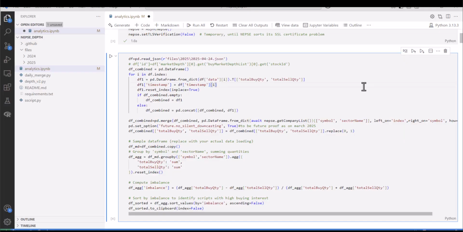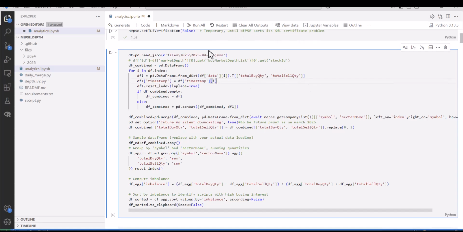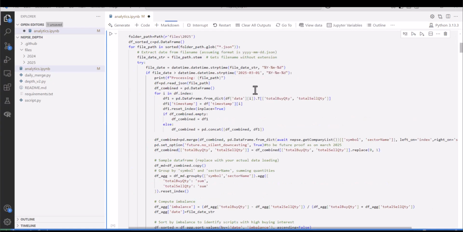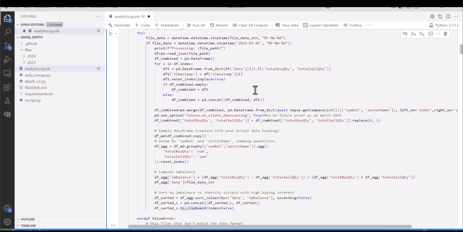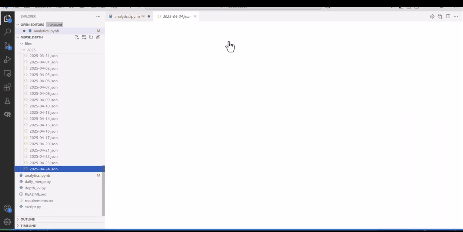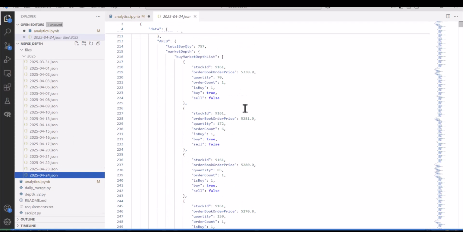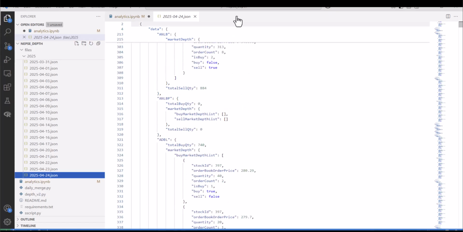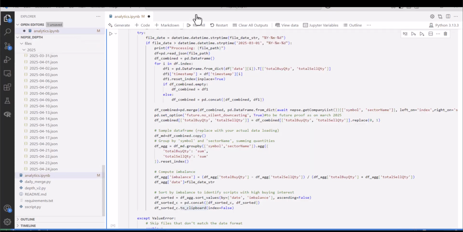The next cell is used to perform a single day analysis. As we can see here, we need to enter a single date for which we are going to perform the analysis. The latest date being April 24th. So let's run it. What this is doing is opening the 2025 April 24th file. Yes, this is how the file looks in JSON format, and it parses it into a pandas table,